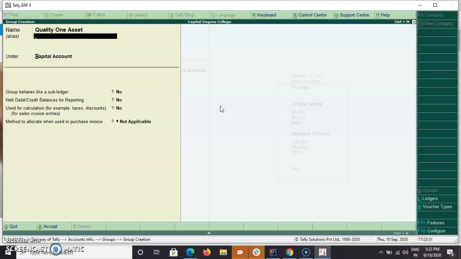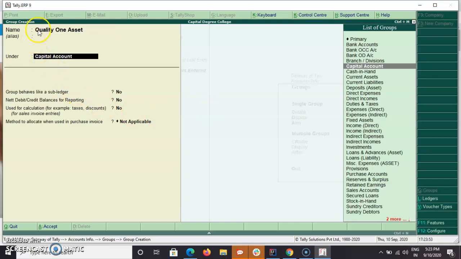For quality one assets, it is showing again we have to create a group under any of these 28 groups. That group we have to link to any of these 28 groups. So 28 groups are almost enough. If you want to create any other groups, we give that name and have to create it under any of these 28 only.